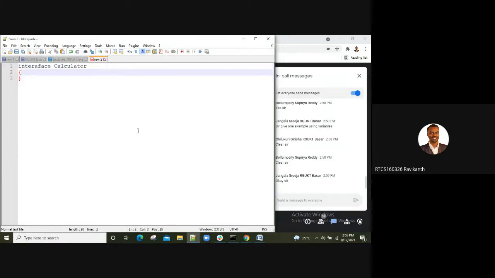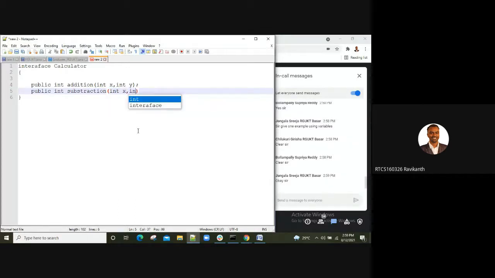Now in this interface, I want you guys to perform tasks like, anyhow, it would be public by default. So public int addition of some x value and y value. Then similarly, public int subtraction of int x comma int y.